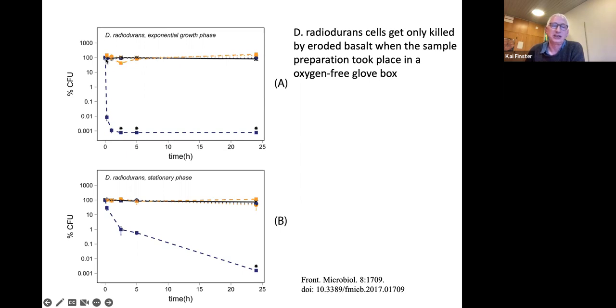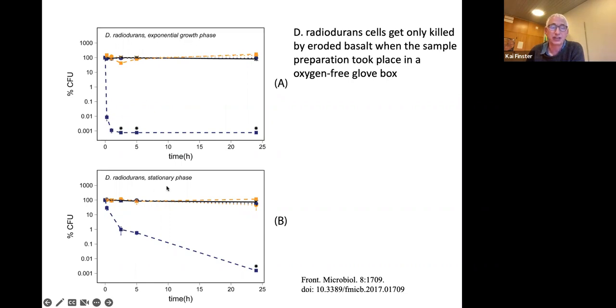So we only see an effect, and the effect in this case is the killing of the bacterial cells, when we opened these ampules and subjected the bacteria under anoxic conditions, when there was no oxygen present. You can see that there's a very steep decline in the number of cells, and already after an hour, we are at the detection limit of our method. And this method is really sensitive. We start out with 1 million cells per milliliter, and here we have no cells left already after an hour, and this was with cells taken from an exponentially grown culture.